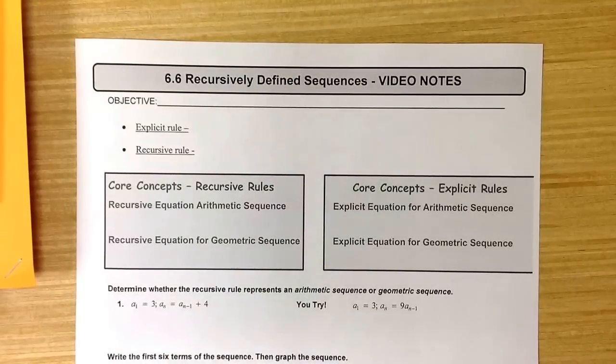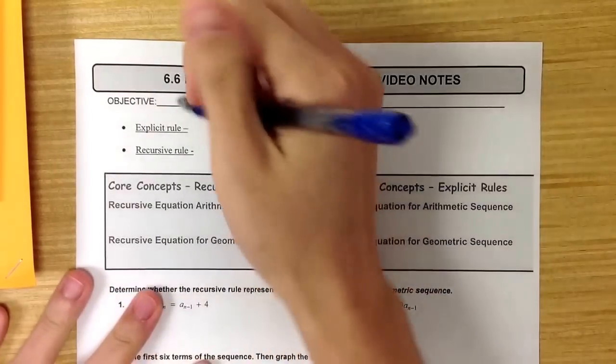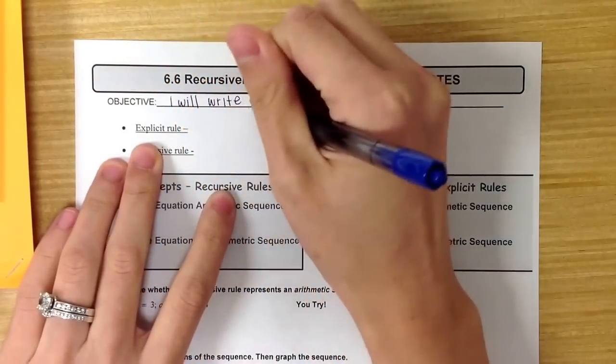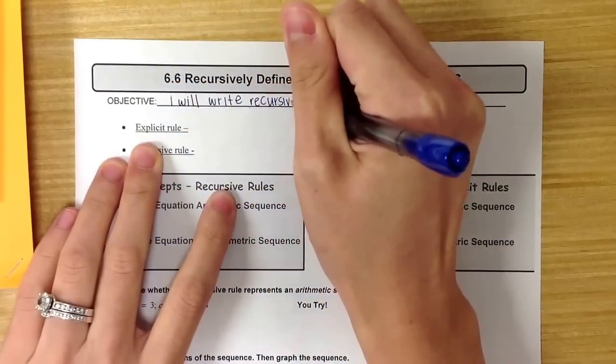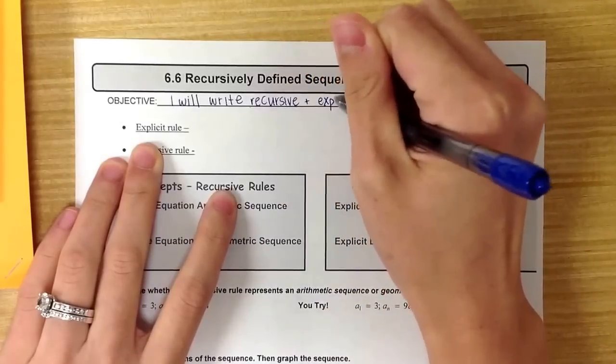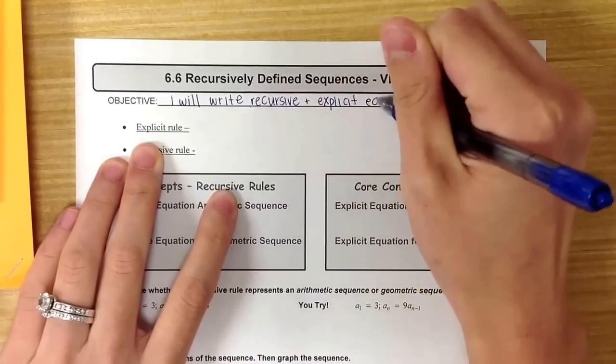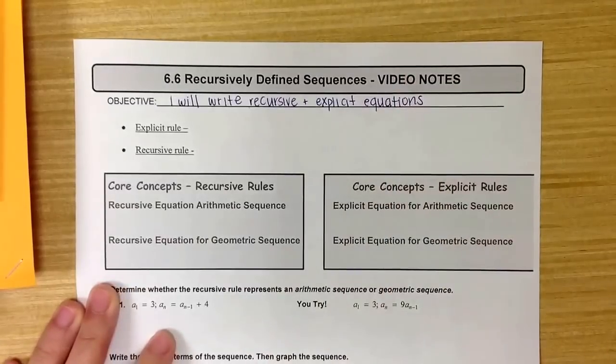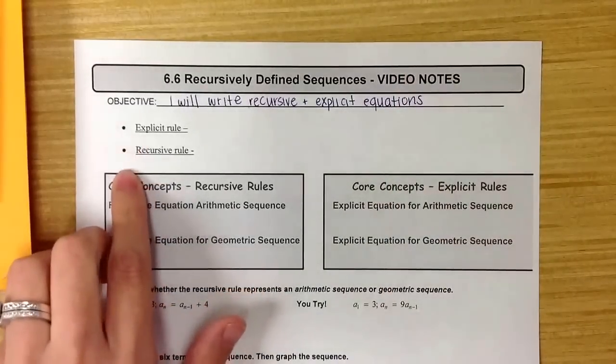Okay, let's go ahead and get started. Please write down the objective. What are we doing today? I will write recursive and explicit equations. Okay, so we are going to be talking about the difference between an explicit rule today and a recursive